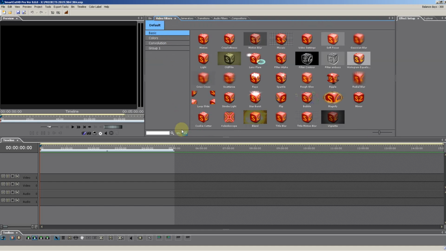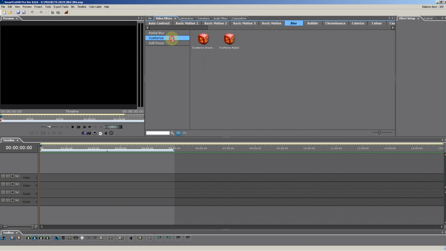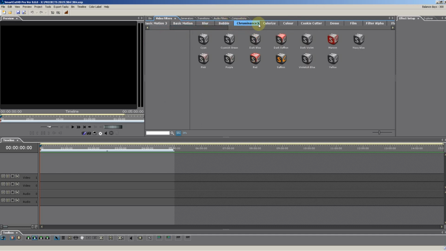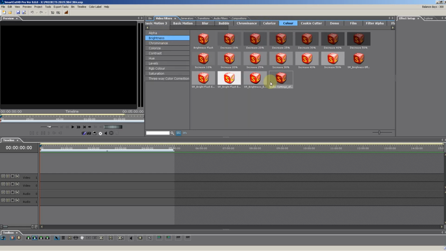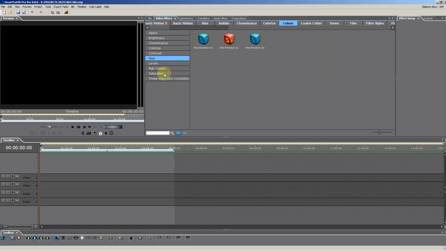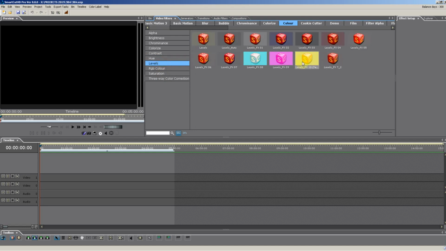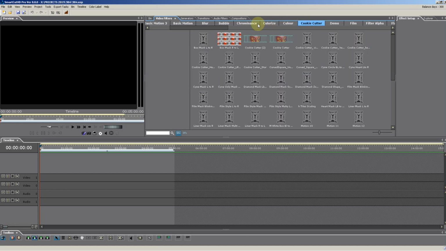This is video filters, SFX, auto contrast, basic motion 2, 3, basic motion, blur, radial blur, sketch, soft focus, bubble, chromalance, colors, alpha, brightness, increase or decrease your video brightness, chromalance, color cutting, colorize your video, contrast, hue, saturation, rotation of colors in your video, levels, RGB color, saturation, color increase or decrease in your videos, three-way corrections, cookie cutter, cinematic filters,